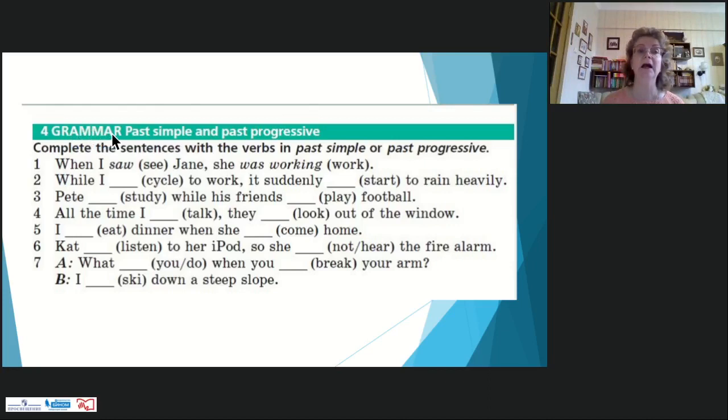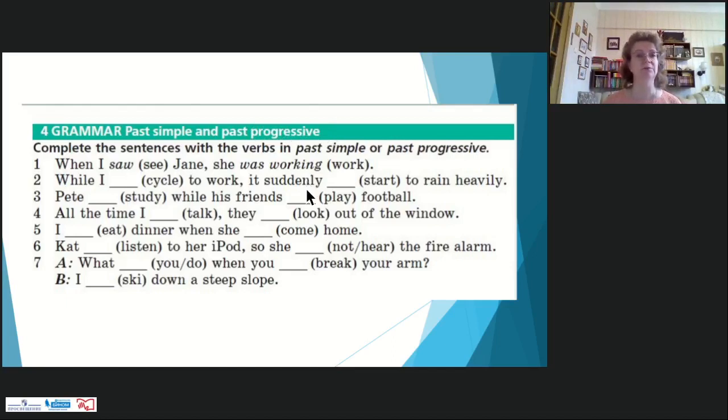So look at the aspect of English. We are going to speak about grammar. And what aspect of grammar are we going to speak about? About past simple and past progressive. Прошедшее простое и прошедшее продолженное. Некоторые ребята говорят past continuous. Это одно и то же. Past progressive, past continuous мы называем одно и то же время. Простое, продолженное, прошедшее время. Прошедшее, продолженное. Почему продолженное? А это процесс.